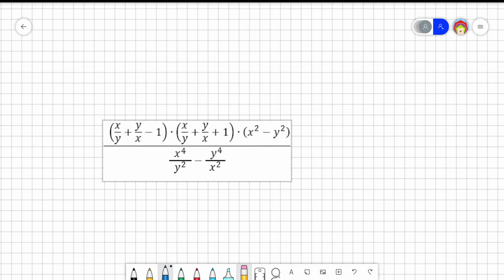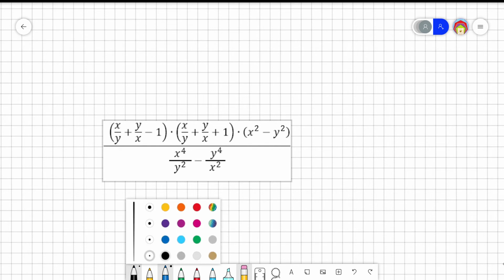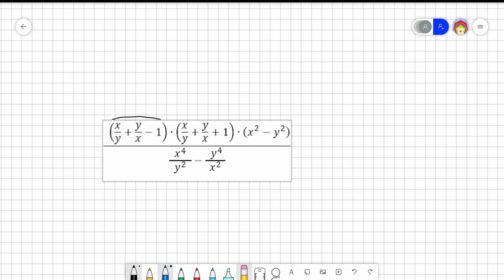Hi students, let's make an example on algebraic expressions. I pick up this one because I think it's quite tricky. So let's do it slow. The first part, this first one